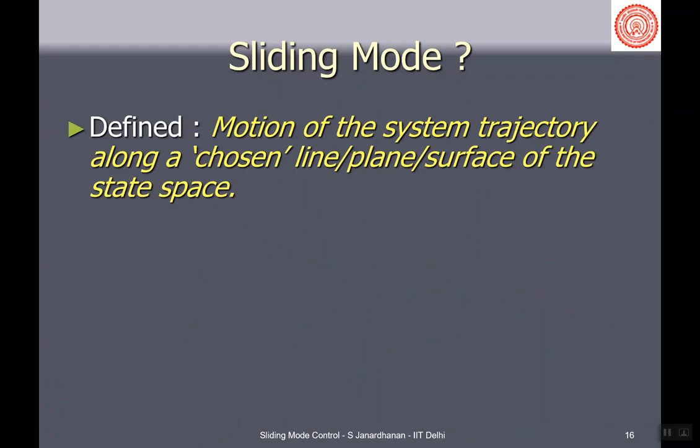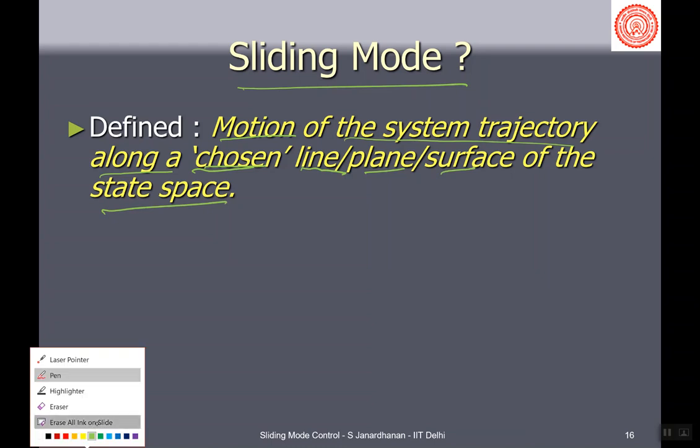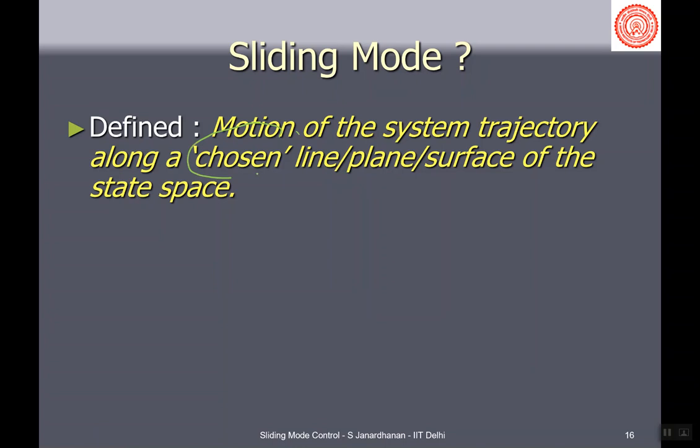Okay. Now let us get to the question of what is sliding mode control. So let's define sliding mode. Sliding mode, not sliding mode control. I should make the distinction. So what is sliding mode? It's a motion of the system trajectory along a chosen line, plane, or surface of the state space. Okay, so what is important is that it is a chosen line,